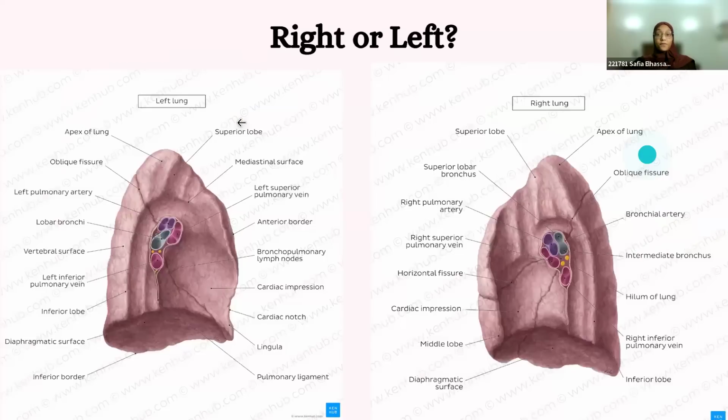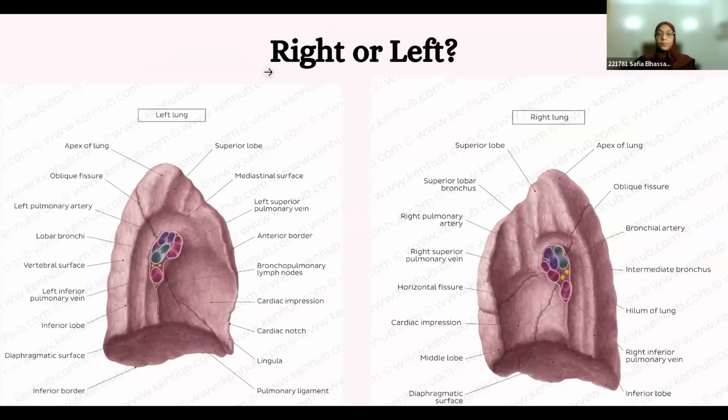Okay, this is a very, very, very important question, and it comes up in almost all the OSPEs, which is to differentiate between the right and the left lung. So does anybody know how to do that? Okay, so I'll tell you that, first of all, the left lung has two additional structures that you don't